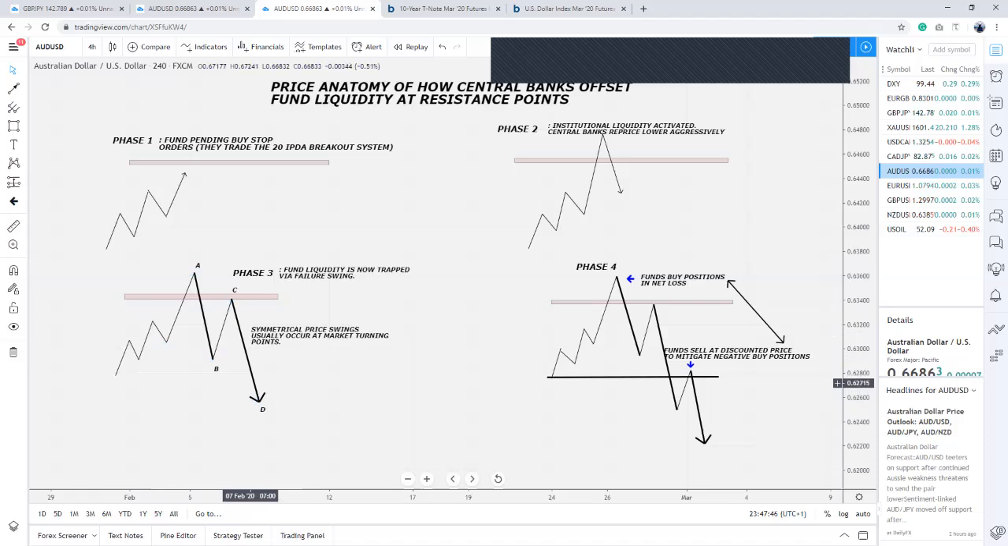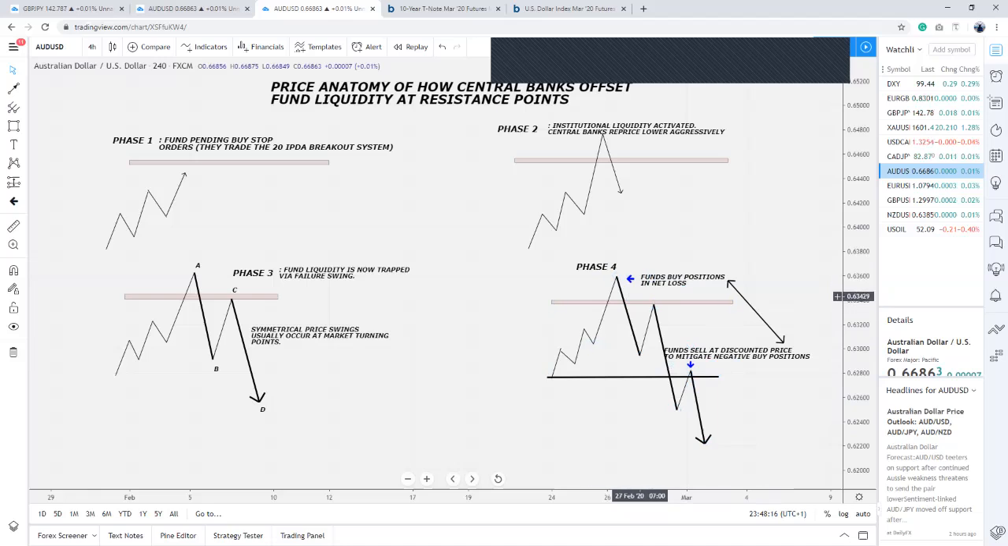Okay, price is going to make a symmetrical price swing, and then your phase 4, the fund buy positions are now in net loss because the market is trading lower than where the funds bought the market. And then what the funds will then do, to mitigate their losses on this buy position, is look to ride the sell move, okay, around this level. So the funds will then sell the market around this level at a discounted price, okay, to offset the losses